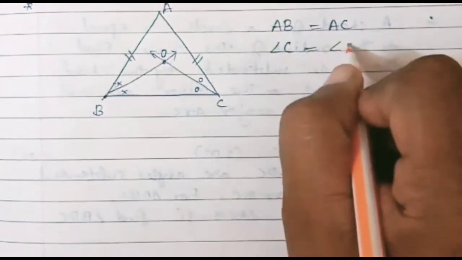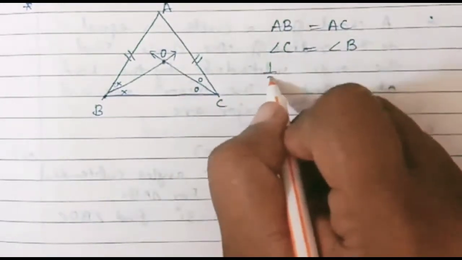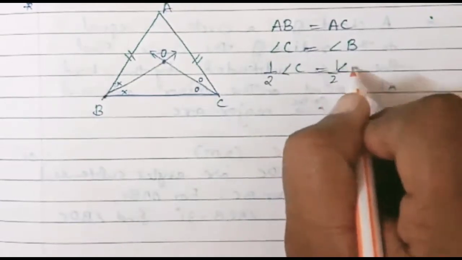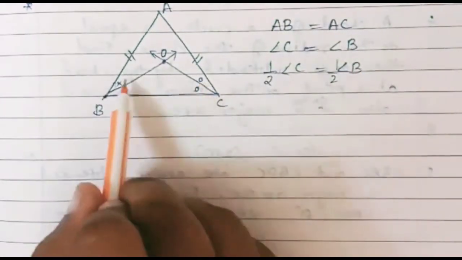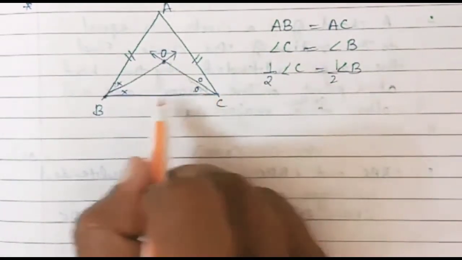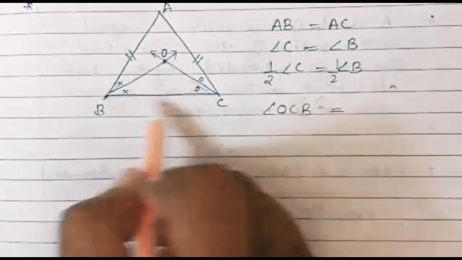That means angle C will be equal to angle B. Similarly, here they are bisecting, so we can multiply it by half. So half of angle C is equal to half of angle B. Now actually these two rays are bisecting the angle. So can I say half of C, that means angle OCB, will be equal to half of angle B, that means